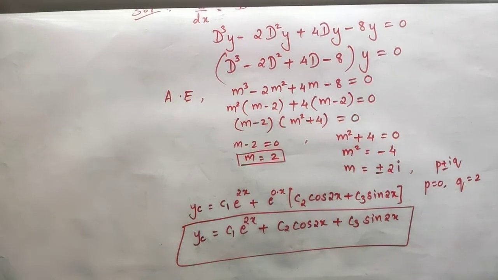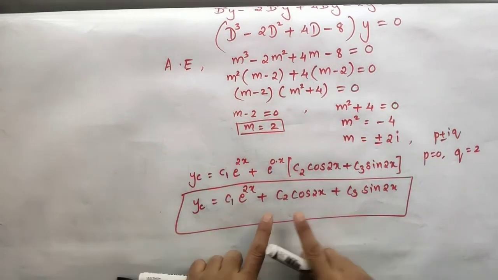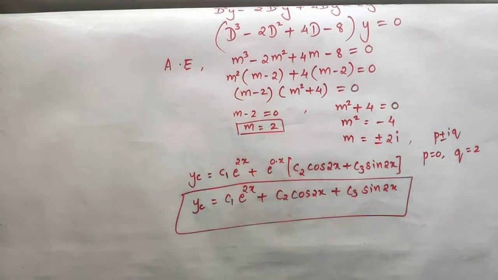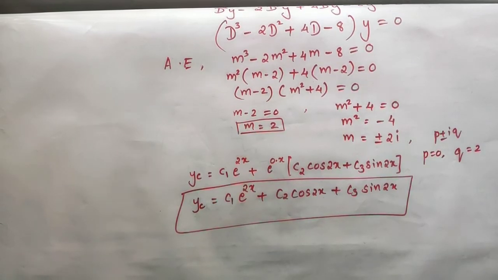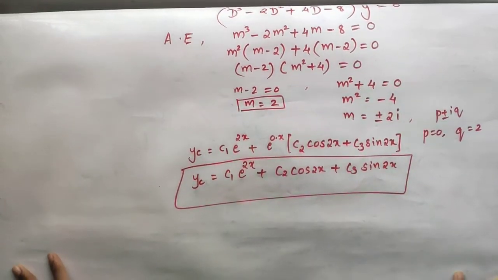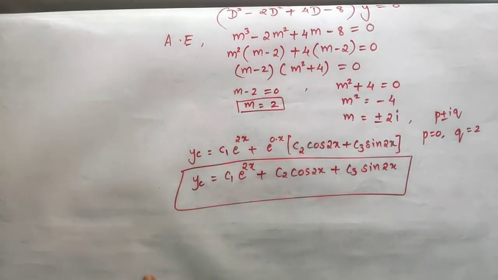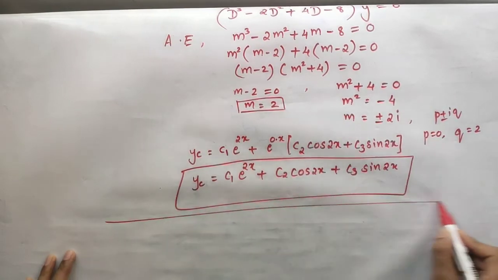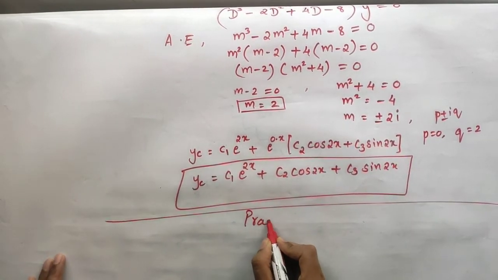Now, I suppose you might face a problem in writing the solution when a combination of roots is coming, like one is real and two are imaginary, or one is real and distinct, and the other two are real and equal. In that case, let us do a little exercise with roots and writing their solutions. I'll give you a type of roots here and we'll write the solutions directly. It's just practice for you. You just have to pay attention.